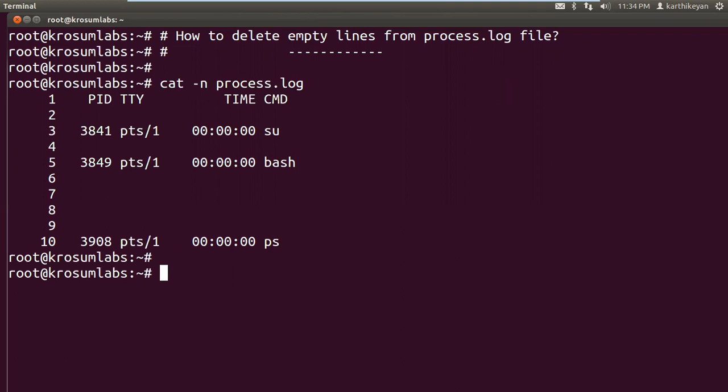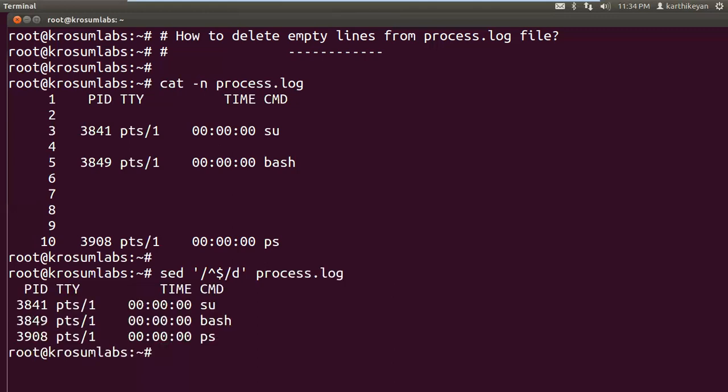So one is we can use the simple sed command and find the pattern of the empty line using regex and delete this empty line from process.log file. This is a simple line. So the anchor ^$ combination is a regex pattern to match this empty line. Here the action is the delete action. So regex pattern and action. This output you can write to a new file. The file will become like non-empty line content.